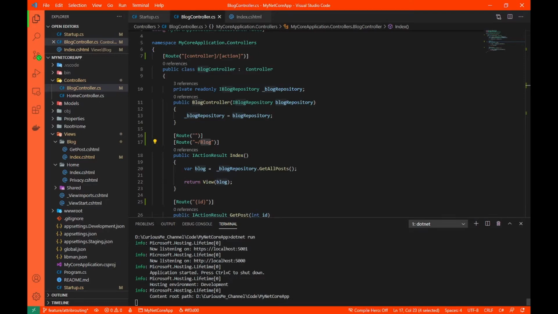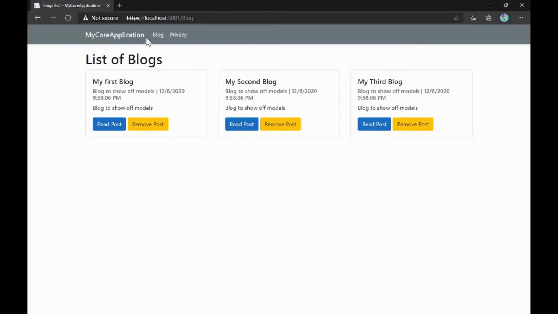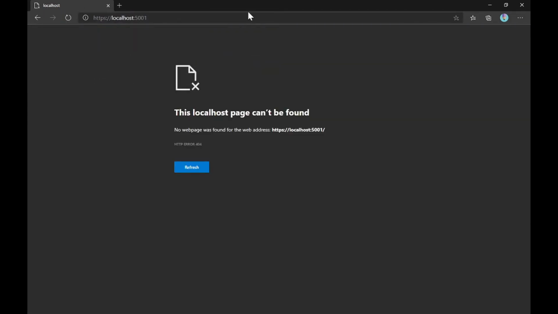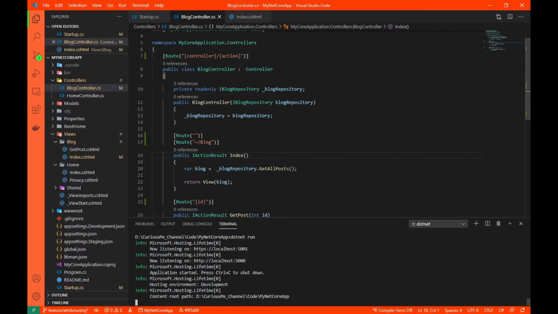Let's open our application, refresh it, and here you can see it works. Everything will work now. The empty space, okay, so it is not working. What I have done here is I have removed this from here. Okay, so this is also mandatory because it's telling that when it's empty, go to this index. When it contains blog, then come to this index as well. So this is how we can hack our way.